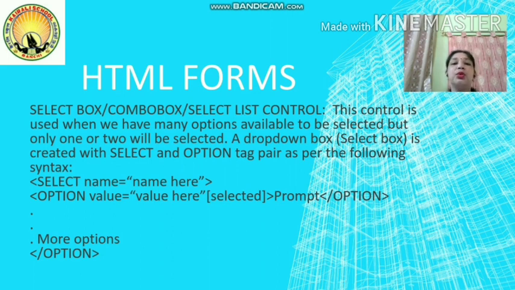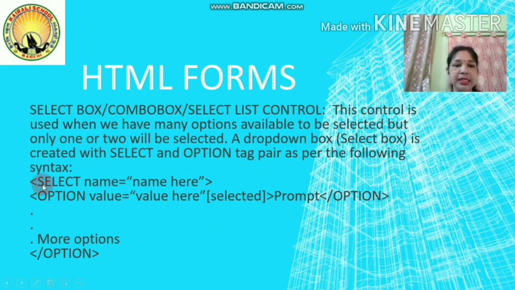So in this case, you can take help of select box, combo box, select list control, and drop down box. All these are the names of a single control. So don't get confused if a question comes, what do you understand by select box? What do you understand by a combo box? And other than this, if they have given this name, what do you understand by a drop down box? So you don't need to be confused among these given options. All are same. So now we'll discuss the control, means the syntax of this.